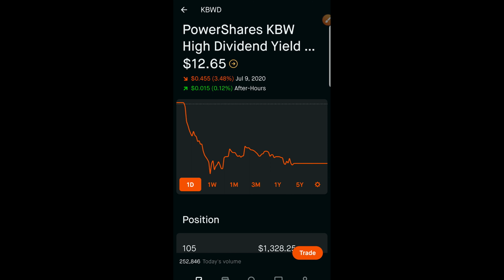It goes by the name Invesco KBW High Dividend Yield Financial ETF. This is an exchange traded fund that tracks a dividend yield weighted index of US financial firms. This means that it allows it to track the performance of financial companies that are publicly traded. This fund, KBWD, tracks an index called the KBW Nasdaq Financial Sector Dividend Yield Index. And 90% of the funds inside of KBWD follows this index, which means that the index follows US financial firms. So this is a fund that tracks financial firms, and it gives you a little bit of diversity in different